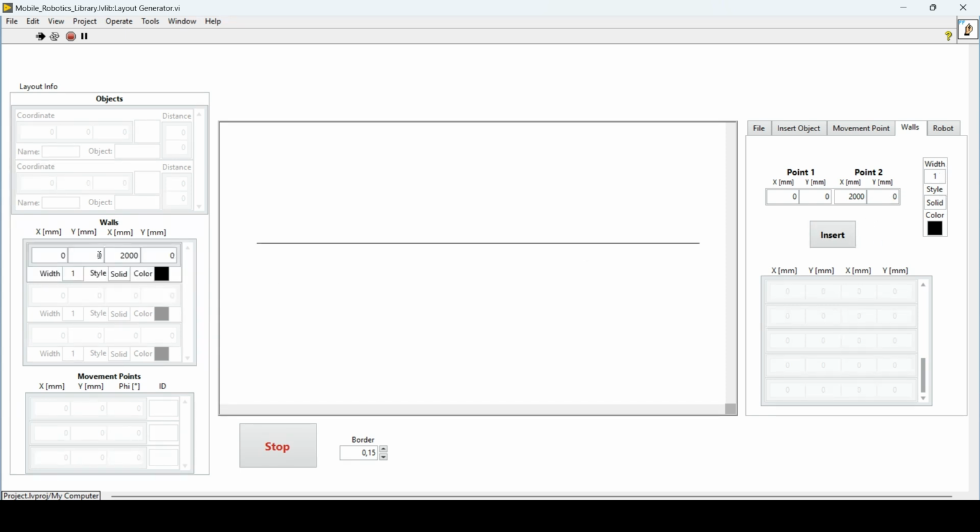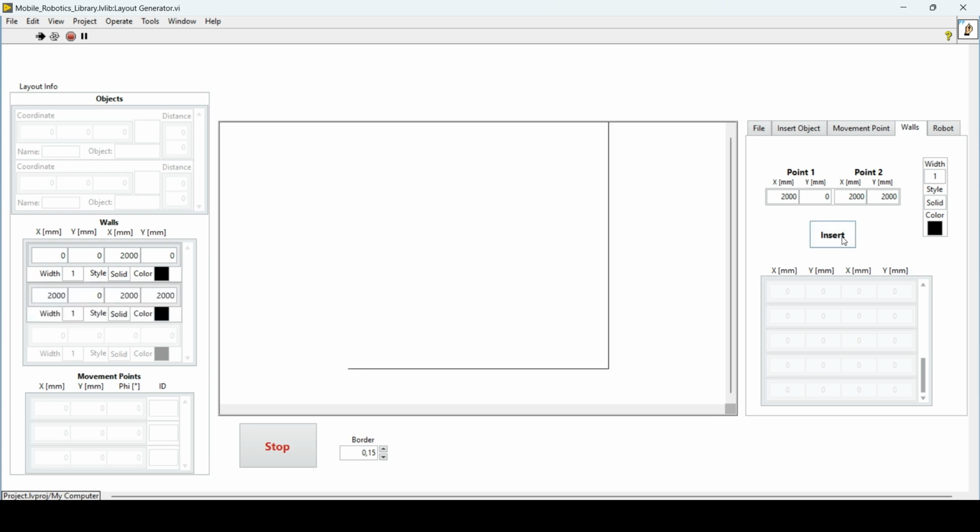So it's already inserted, and you can take a look here at all the elements that you're adding to your project. Here I will also create a new one, from 2000 to 2000. I insert, and you can see that I'm adding it. Let's make a square, so 2000